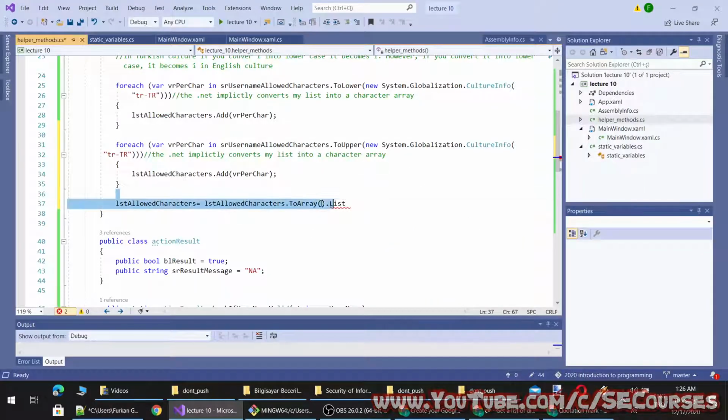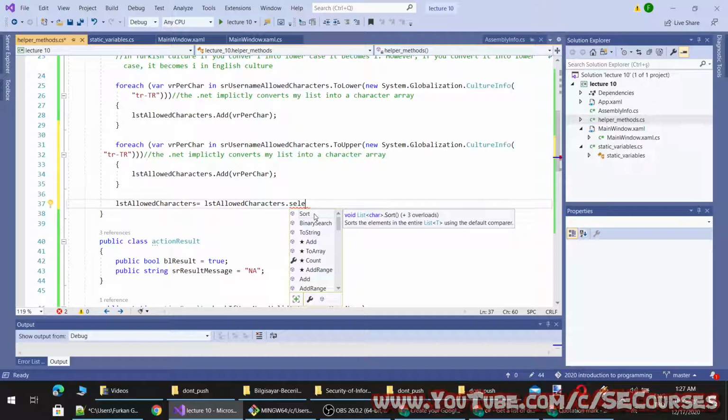I cannot use select or distinct. This is really weird. There is no select.